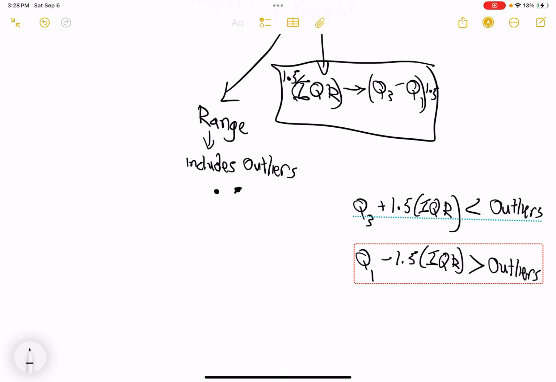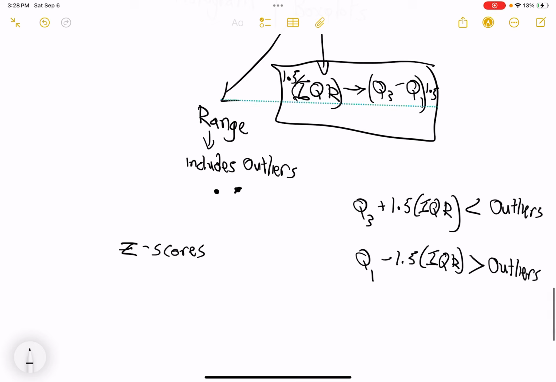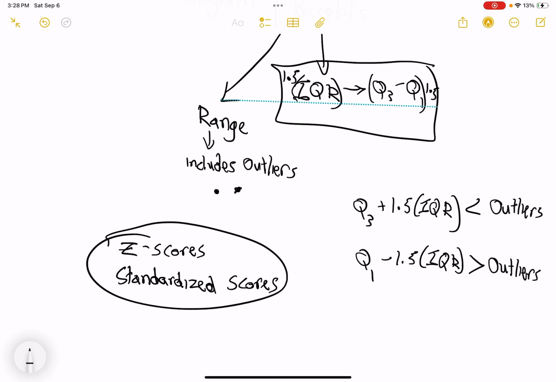We talked about box plots and histograms. Remember that z-scores are also sometimes called standardized scores. Okay, remember those are the same thing. It's just another way to say it: standardized scores. And remember that they're not affected by translations. Neither of these things, they're the same thing, but they're not affected by translations. So if we translate the data,